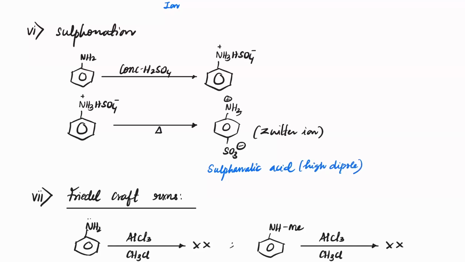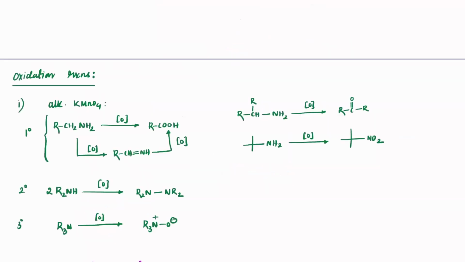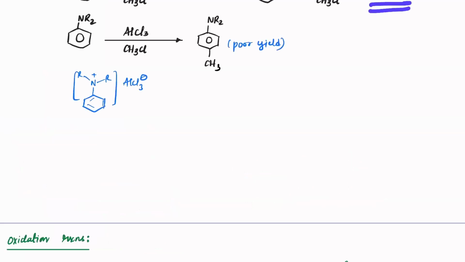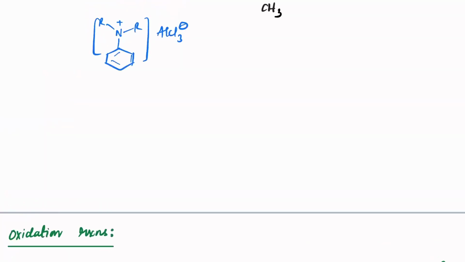Friedel-Crafts reactions are not observed at all in the case of NH2, because of strong activation. The lone pair will take AlCl3 and completely gets strongly deactivating afterwards. So no reaction there. Next, NHMe, when you react with AlCl3 and CH3Cl, no reaction. Second degree also no reaction here. So next, I had one reaction left here, so that is